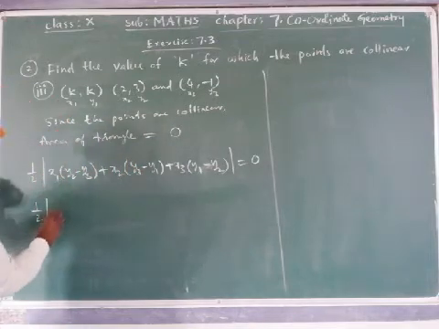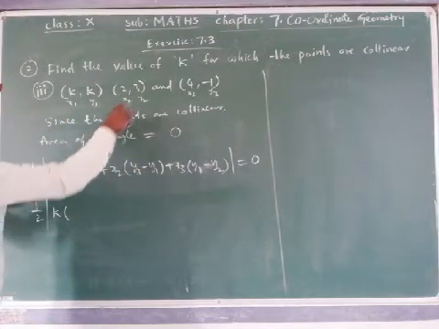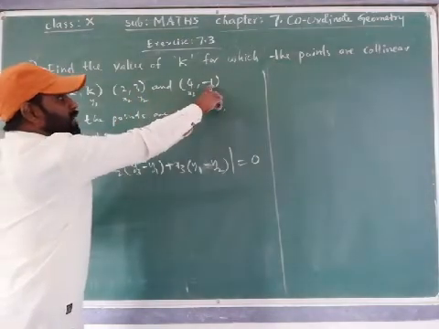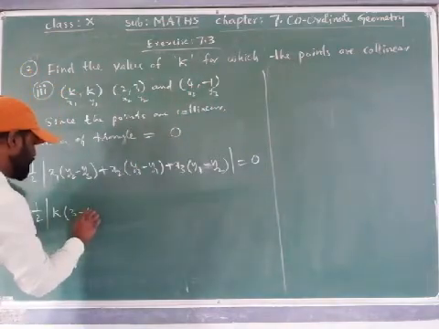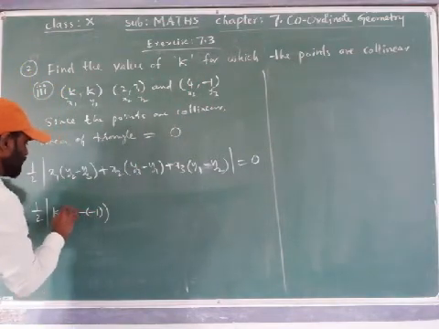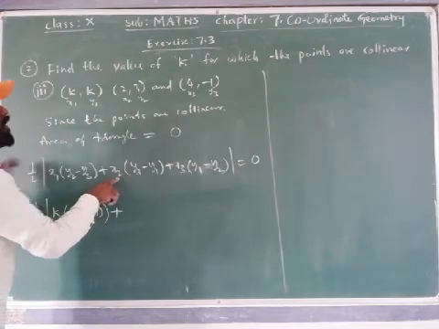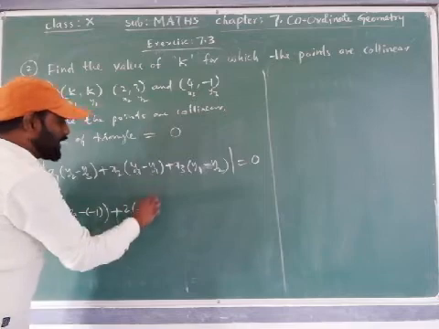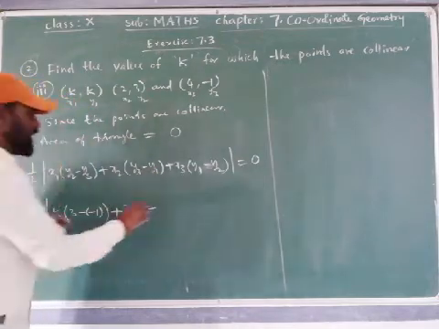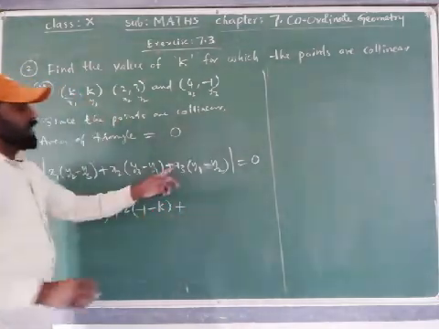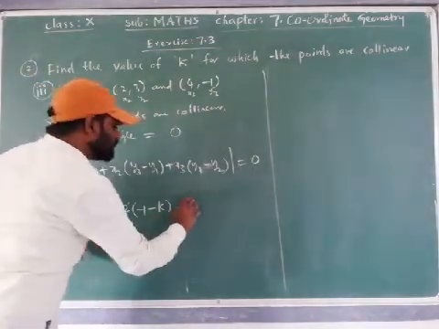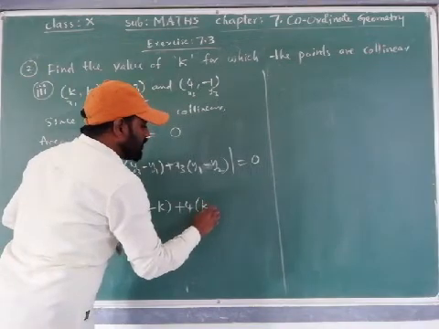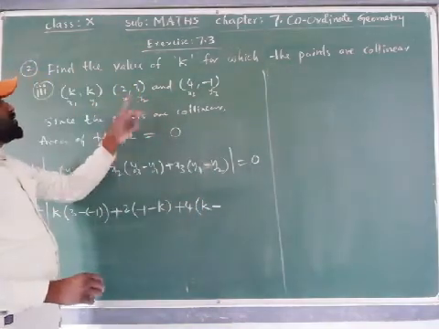Now x1 is k, y2. What is y2? 3 minus y3. Y3 is again minus 1. When you have minus again, you have to keep one more bracket. Plus x2. X2 is what? 2. Y3 is minus 1. Again minus. Y1 is k. Plus x3. X3 is 4. Right. Y1 is k. Minus y2. Y2 is what? 3